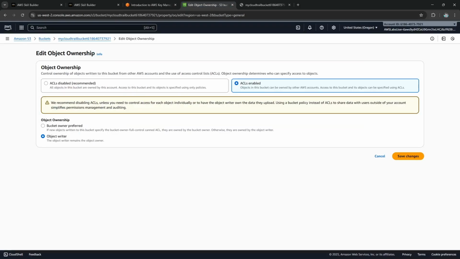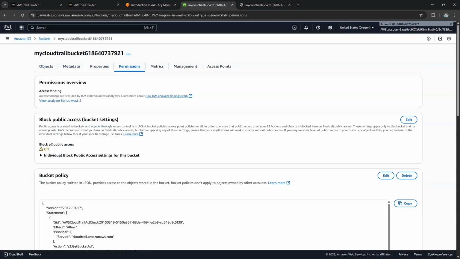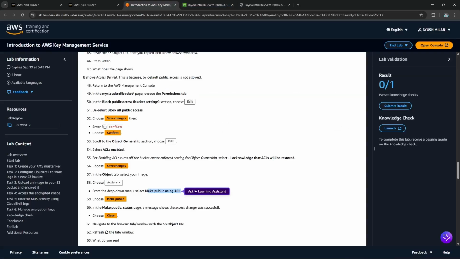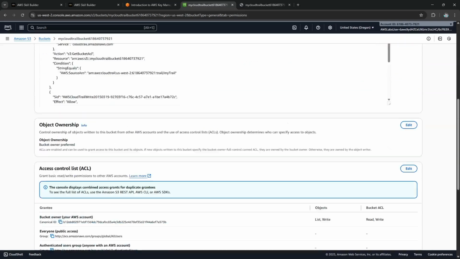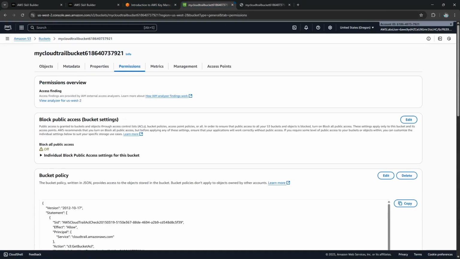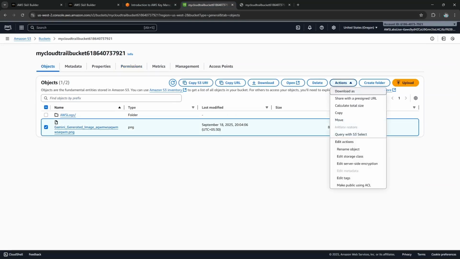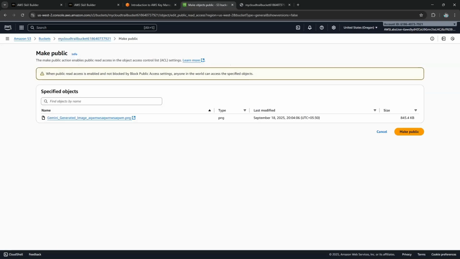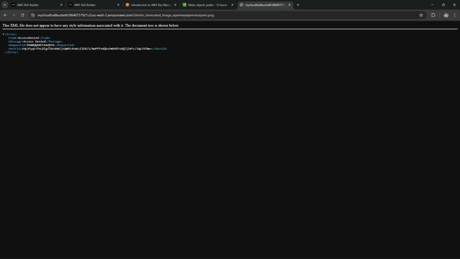Once we are done with enabling the ACL, next you have to go to the actions menu, I think in the permissions one. In the objects tab, select the images. The object we want to give access to, we select that and go to actions, make public using ACL. Now if we make it public and refresh this thing,